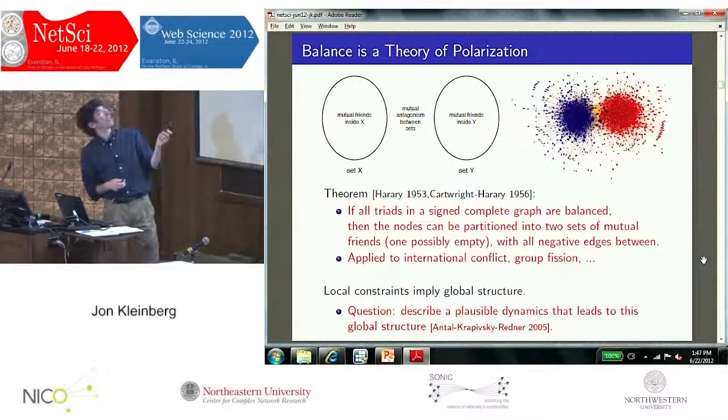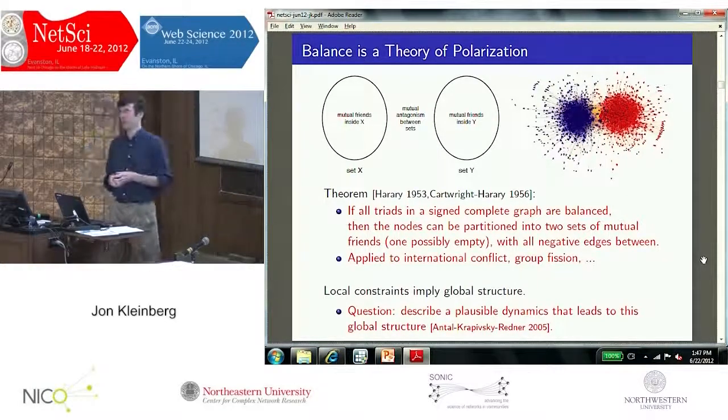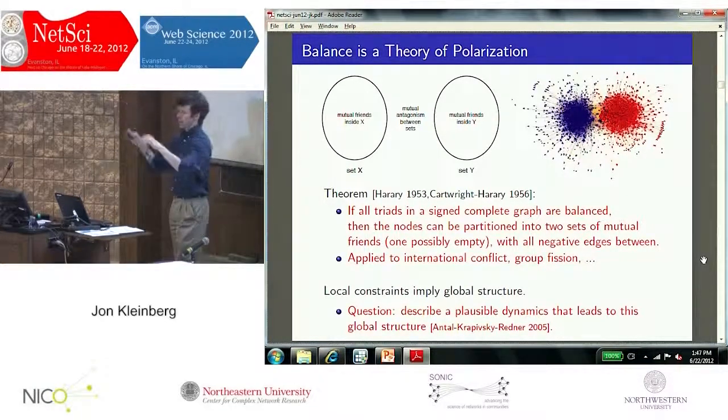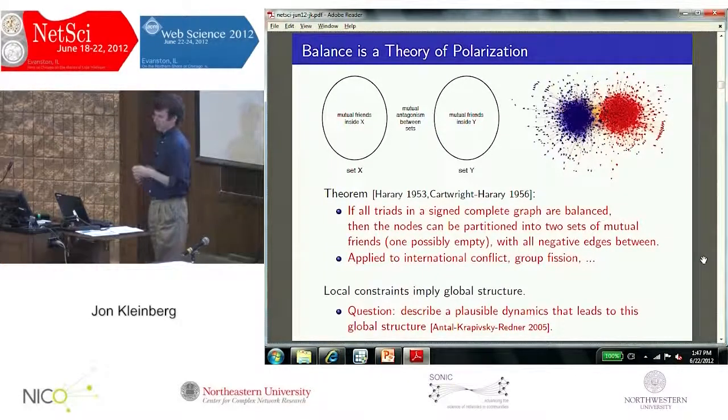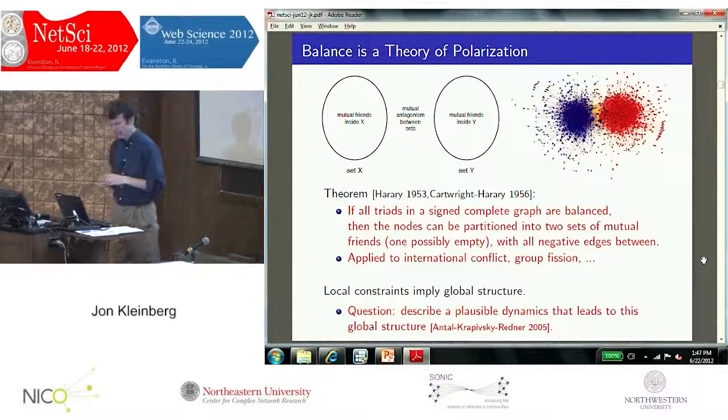I should mention, obviously, one of these could be empty, so everyone could be an X, maybe. But if not that, then there are only these two groups, right? So it's really a theory of polarization. Now, one thing which is sort of a little surprising is that